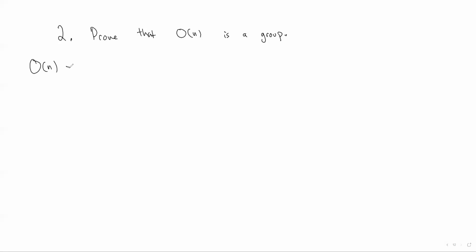ON is the set of n by n matrices with real entries, such that A transpose equals A inverse. If you prefer a more verbal, qualitative definition,